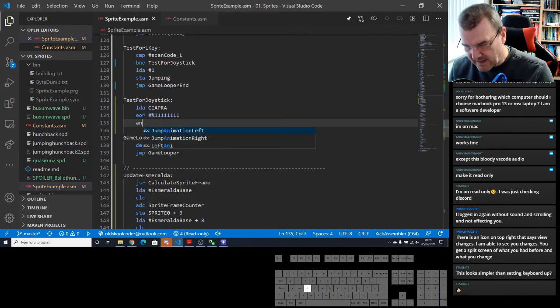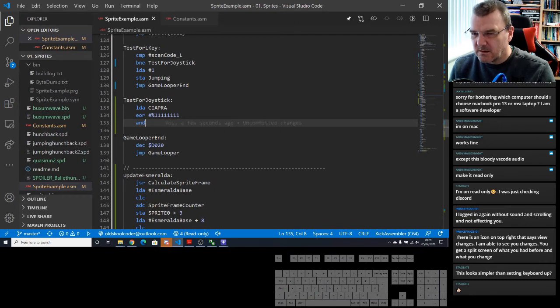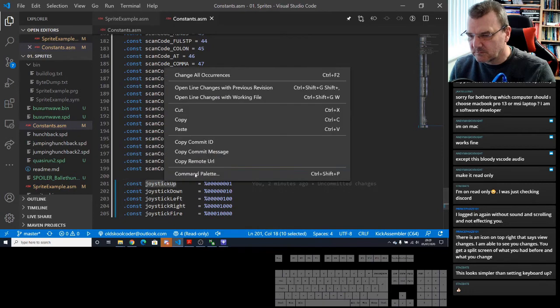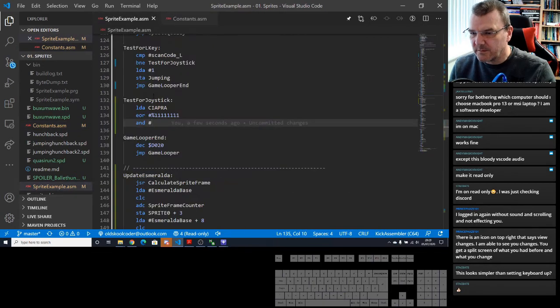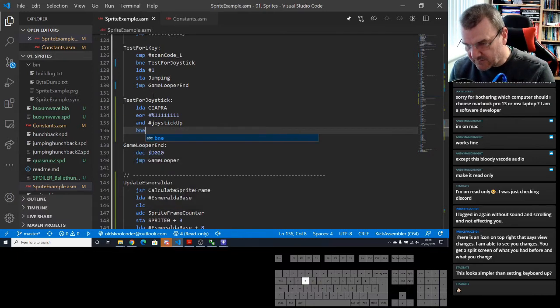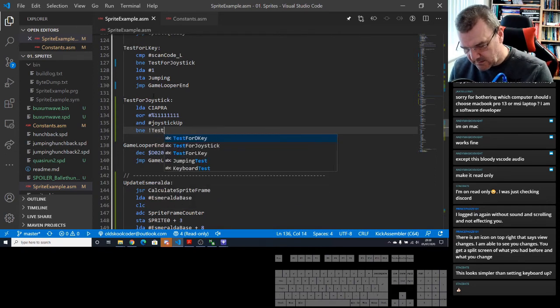If we AND with up, then we can branch if not equal to test down.